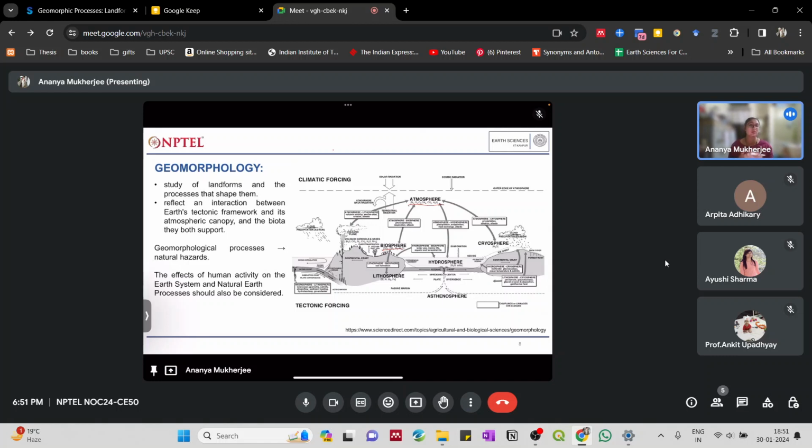You have plate tectonic movements themselves, as we know, they can cause very high magnitude natural hazards. You have earthquakes, then you have tsunamis. There is no man-made or human control over these natural processes. But some of the processes get aggravated. The intensity of these processes increases because of human influence and human interaction.